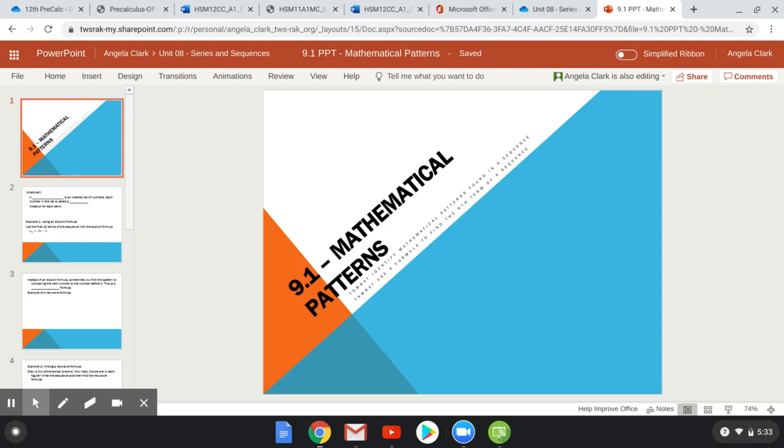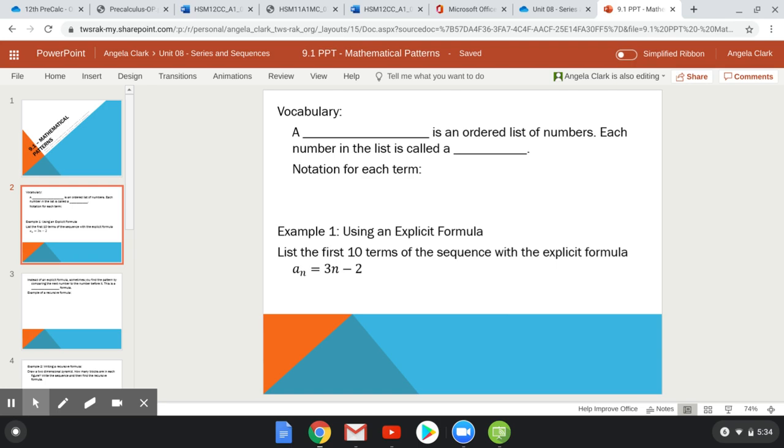Hello and welcome to Chapter 9, Sequences and Series. So we're very much changing gears from talking about different types of functions to a completely new subject, where we're going to spend this unit talking about sequences and series. Starting with sequences, we're going to talk about what that means and what we're doing with that. So let's go. Starting with some vocabulary, a sequence